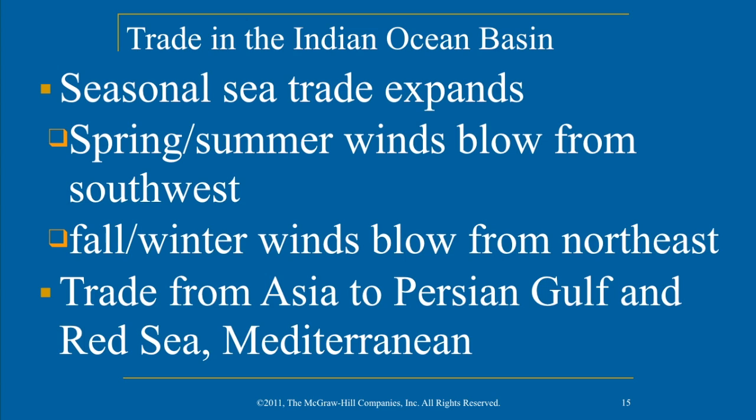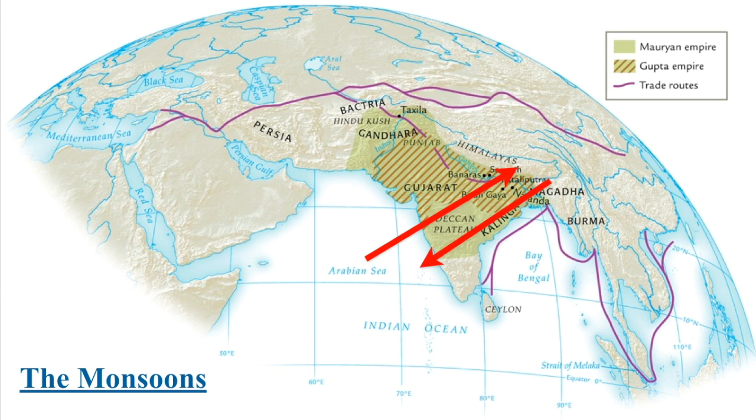This sets up trade from Asia to the Persian Gulf and the Red Sea and the Mediterranean Sea. This is a huge change and shift in trading during this time because people are able now to take two routes to move goods. And many traders saw this as an advantageous time during world history because they were able to avoid many of those tolls. There's no toll roads on the ocean many times. And even if people saw you going by, they probably wouldn't go out and try and stop your ship because they were afraid of the ocean too. But what's nice about this is they're able to move goods an alternative way. So if there was, for example, violence or war that was happening on land, it probably wasn't happening so much in the ocean. Here's an example of this wind pattern.